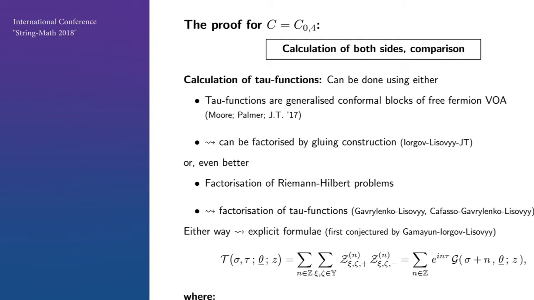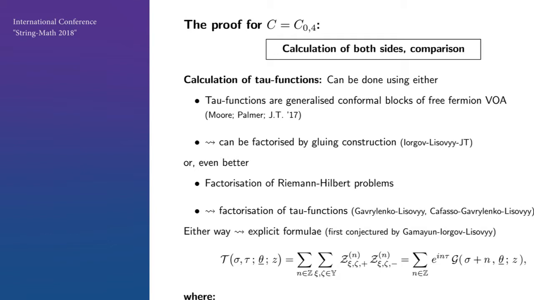Well, that's one way of doing it. A vertex operator version of this way of doing it was described in the work with Jörg Teschner and myself. Another way, which came a little later and which ultimately is perhaps even nicer, I find, was done in the work of Gavrilenko and Lisovyy, or Cafasso, Gavrilenko, Lisovyy, which is more in the context of Fredholm determinants or the